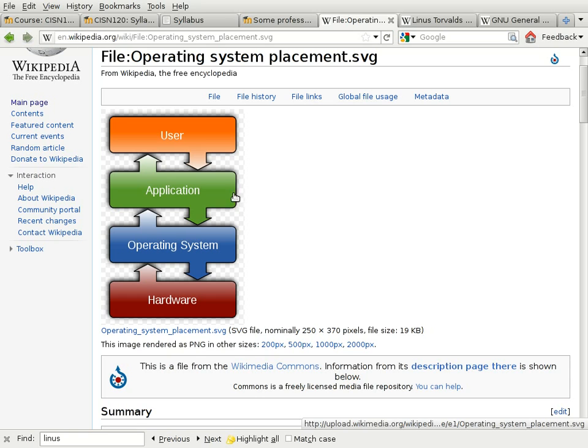Let's skip the middle two layers and go all the way to the top. User. Well, when we talk about user, we typically think of, oh, it's a person who's using the computer to do something. It can be gaming, it can be word processing, can be crunching data in the database, and so on. But in this class, because we are talking about Linux as a network operating system, the user can also be another computer that is remotely connected to a computer